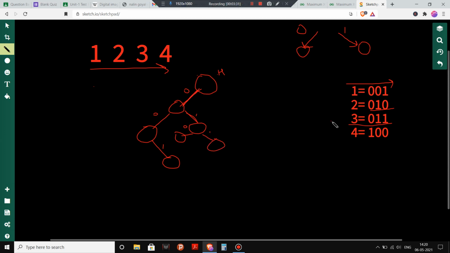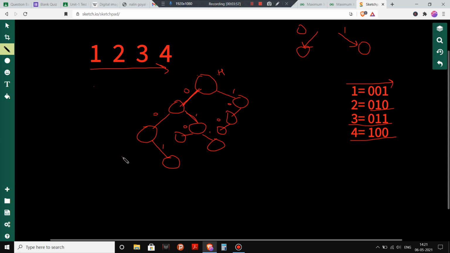Now for 4 it is 1 0 0. Since I don't have any left child, I will create a left one, and since I don't have any right child, I will create a right child. Now 0 0, then for 0 we will move to the left part, so that's why I am moving to the left child.